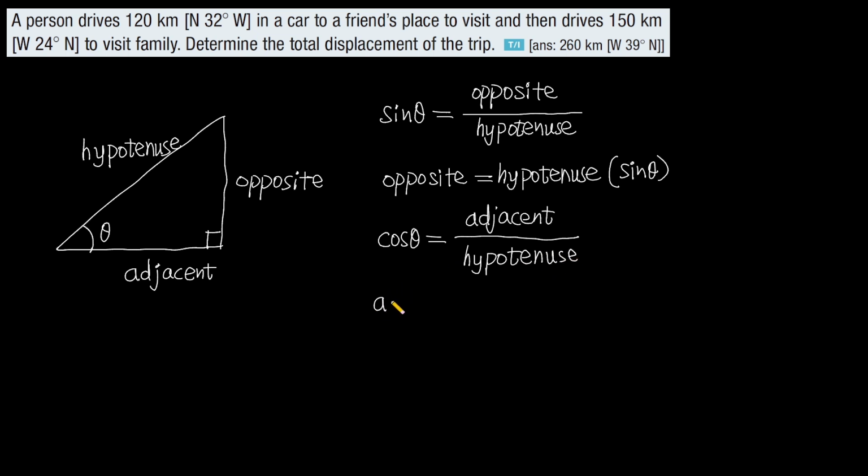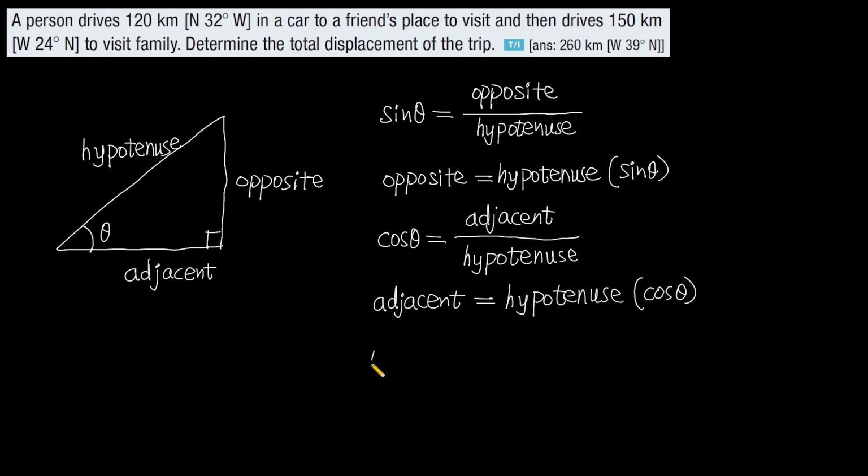Then adjacent equals hypotenuse multiply cosine theta,